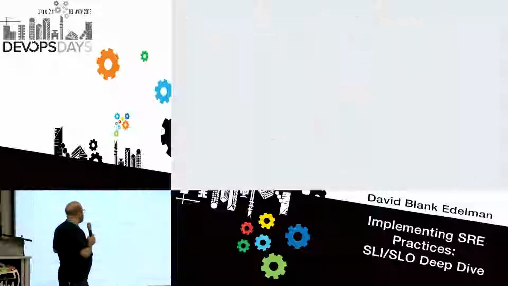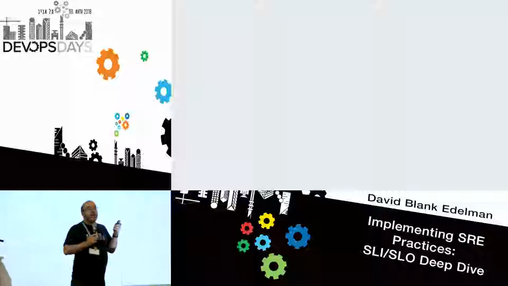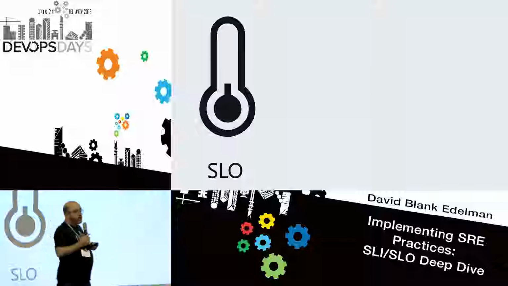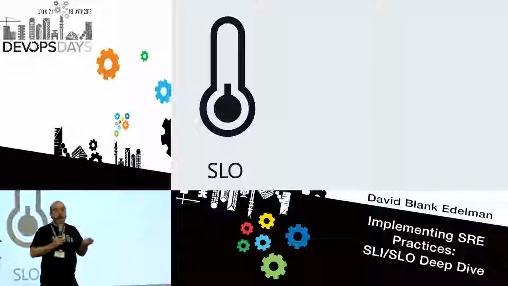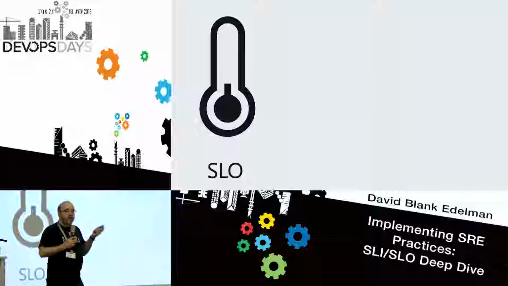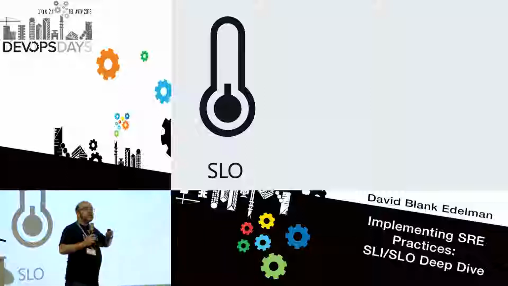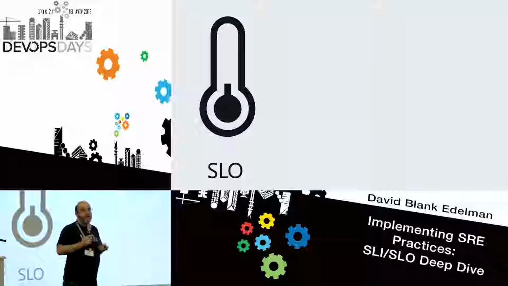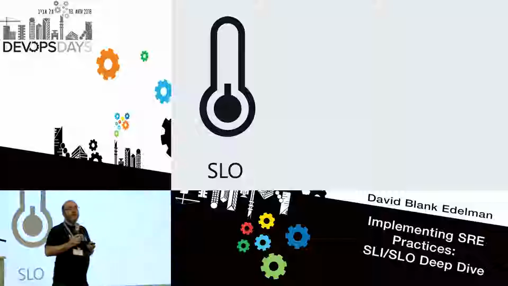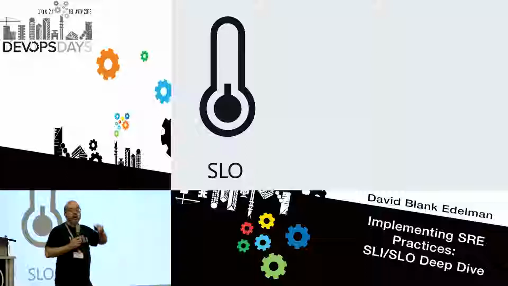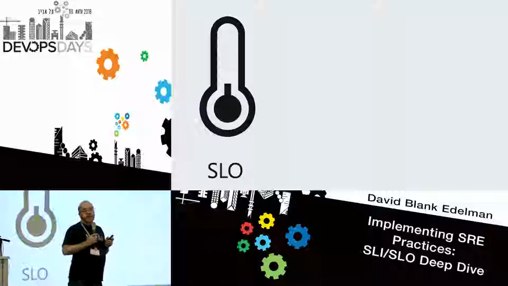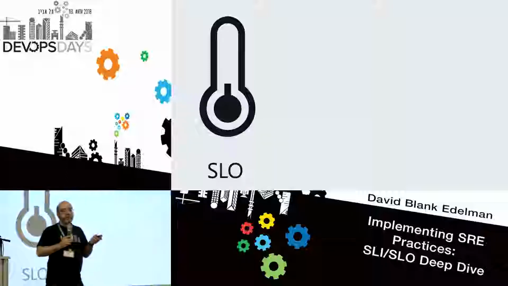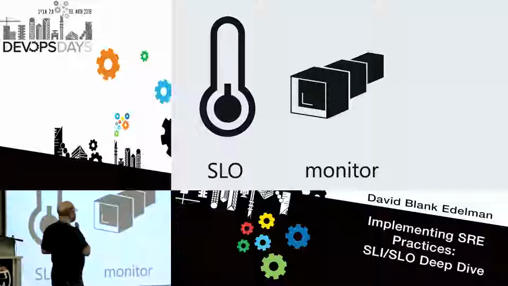But here's the general idea. Step one, figure out your system and what in your system you want to measure, so you understand whether it is reliable. What is your understanding about that? And we'll talk about that. And that's a service level indicator. What is the indicator for reliability? Once you have an indicator, your job next is to come up with an objective. Where do I want that indicator to stay? Or to stay above or below, or however you measure it. Once you have that, you have a service level objective, and that's exactly what we'll be talking about in this talk. Congratulations, you have these things.